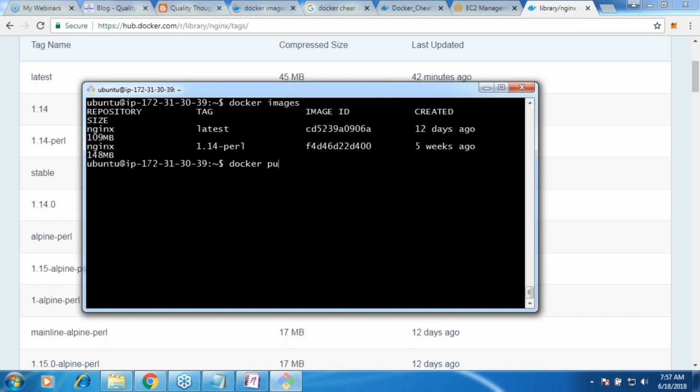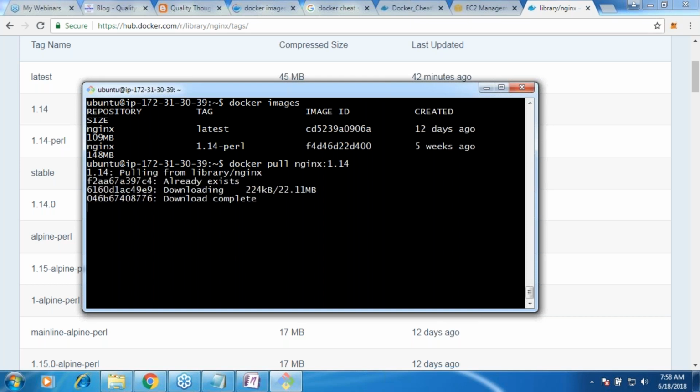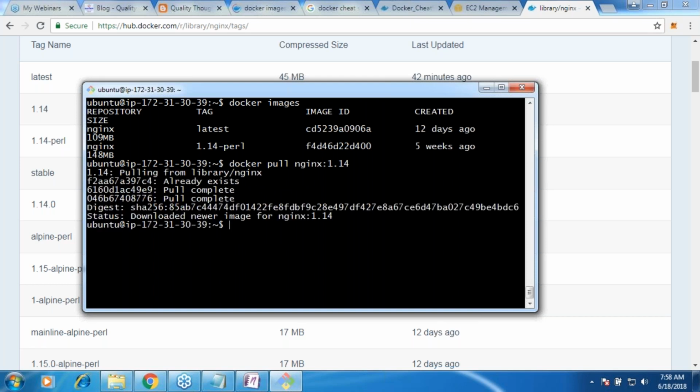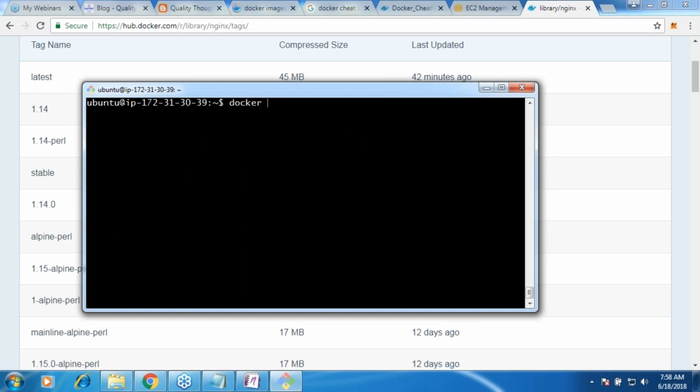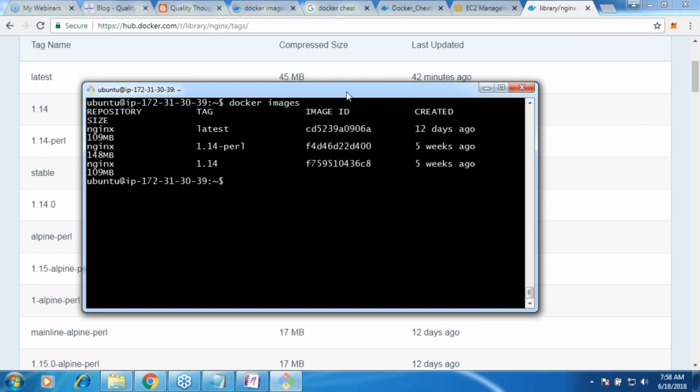Docker pull, this time I want to pull Nginx colon 1.14, sorry. Okay. Now let me do docker images. So what is happening?